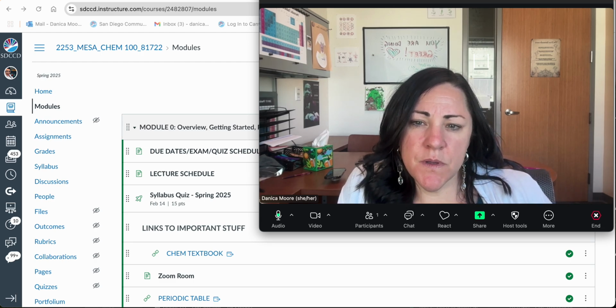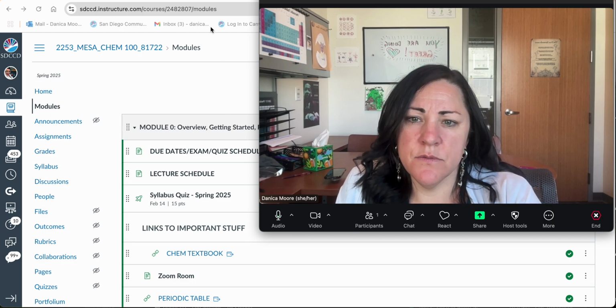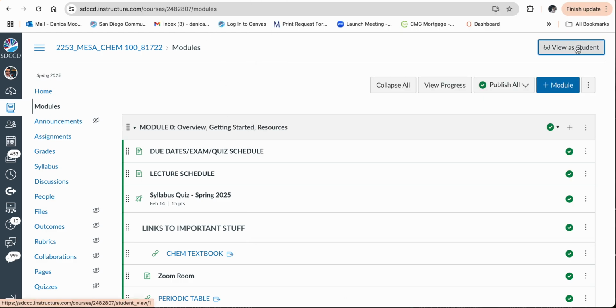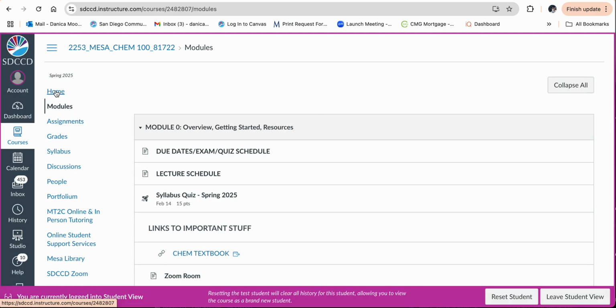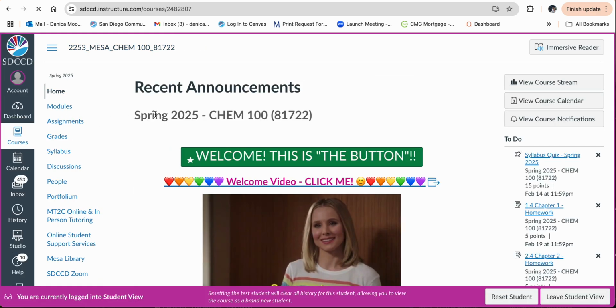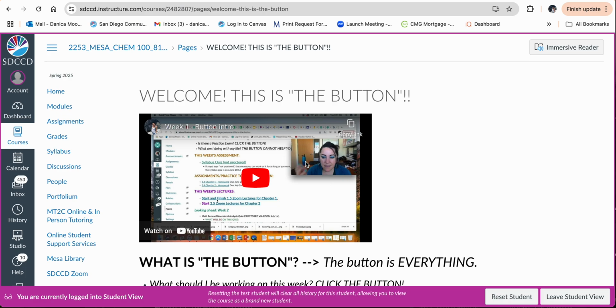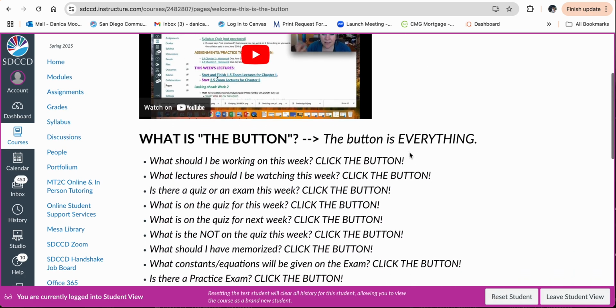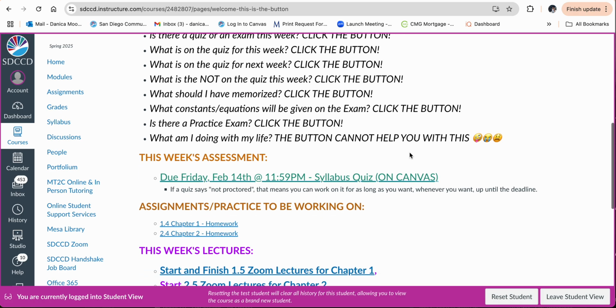I'm just going to show you around our Canvas really quickly. So the first thing you'll see when you come into the course is this button. This button is where you're going to essentially see everything that you need to know each week for the course. There's a video explaining this, but just to briefly go over it, you'll have any assignments or assessments rather